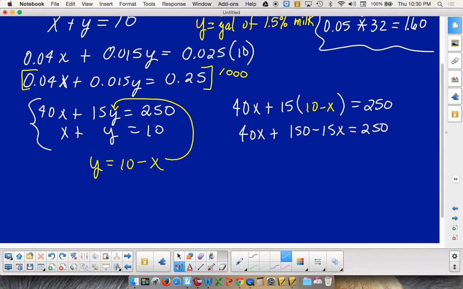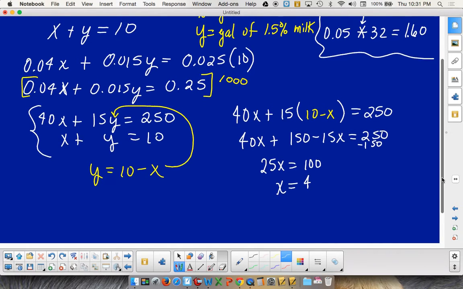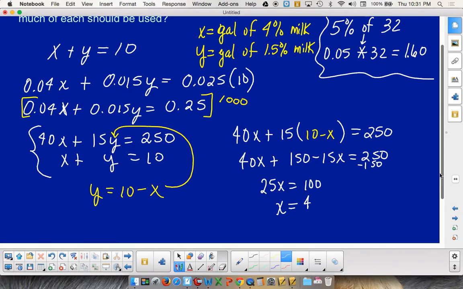If I combine my like terms here, 40 minus 15 will leave me with 25x. If I subtract 150 to the other side, that leaves me with 100. And I'm left then solving with x coming out to be 4. Now the question is, what on earth does 4 mean? Well, look at what you defined x to be. We just found out that's 4 gallons of 4% milk. So